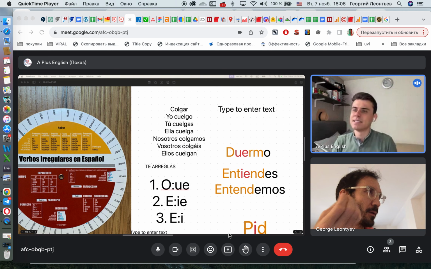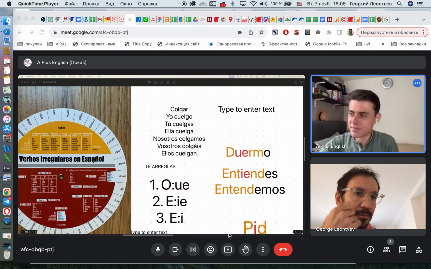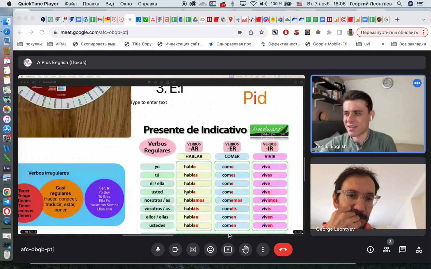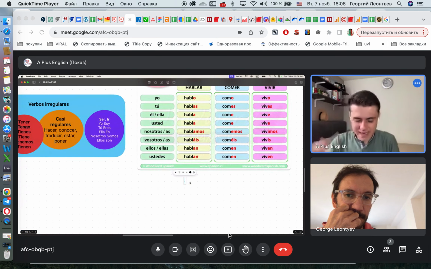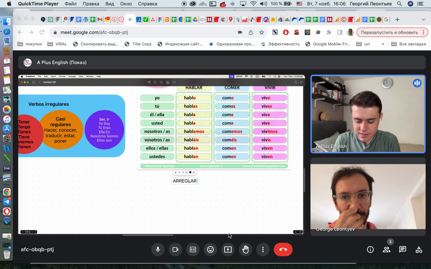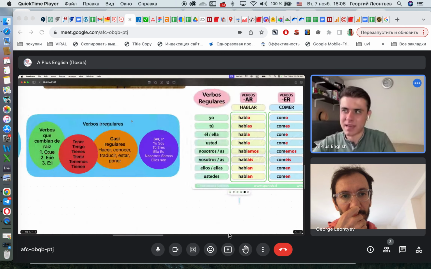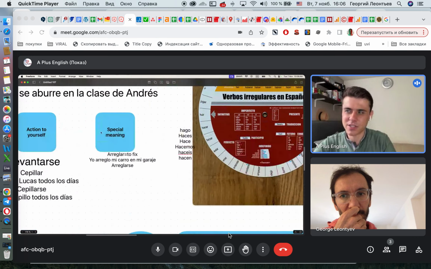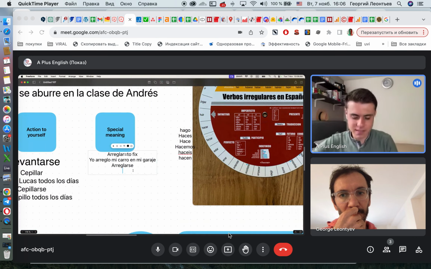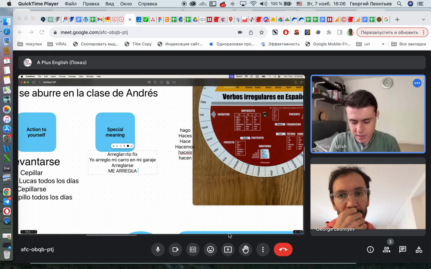I've made myself. Right, myself. So arreglar means to fix, or what? It's because arreglar changes the meaning. Remember, special meaning is arreglar. So arreglar says me arreglo